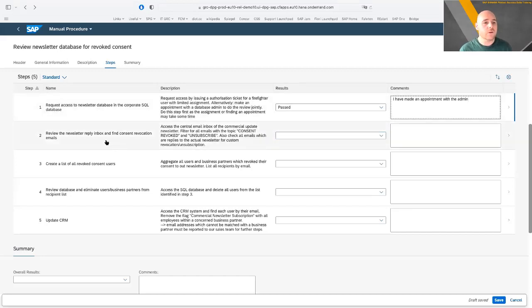Might be already enough. So review the newsletter inbox. This is a different task here, and find verification email. So access our central email inbox from the newsletter, and you notice if you reply them to consent revoked, unsubscribed, then these come back to this inbox. And now I find them. So okay, say okay, I passed. Okay, I found 11 new